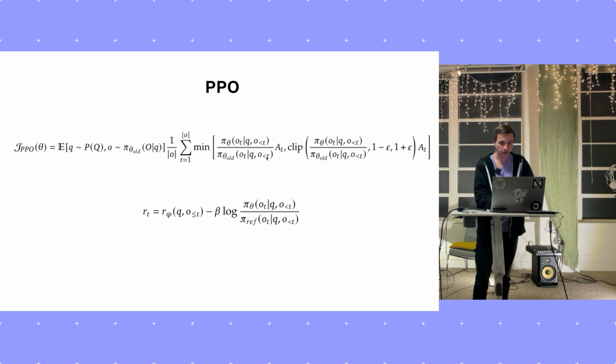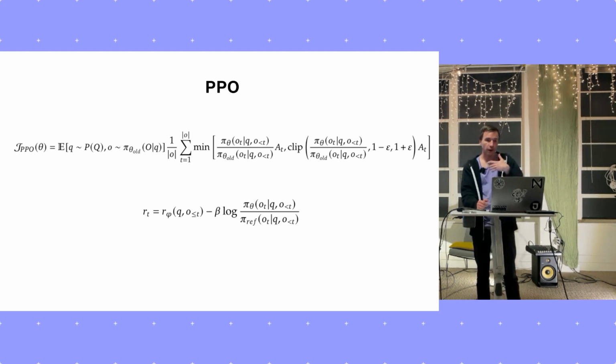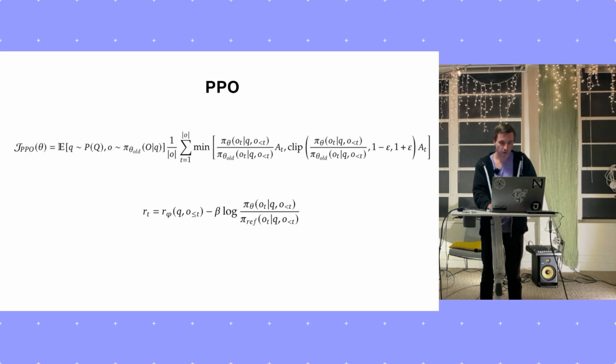One is that advantage is generally computed using yet another model called value function, right? So effectively we say, hey, this is the reward we computed, and this is what we expected it to be, right? And the value function is hard to train, and that's another model to maintain in memory, right? So it's an unfortunate thing to have here, and I guess the second problem they mention is the